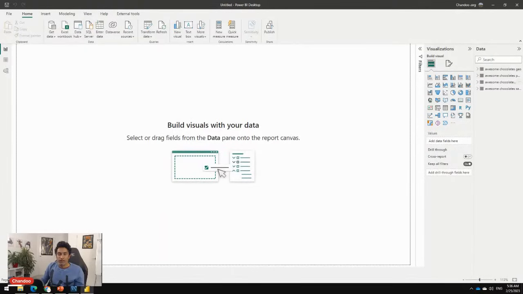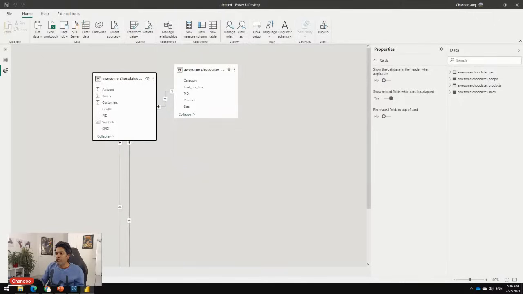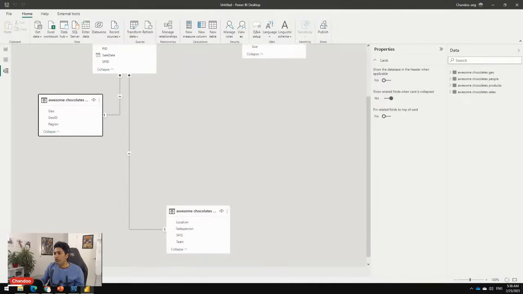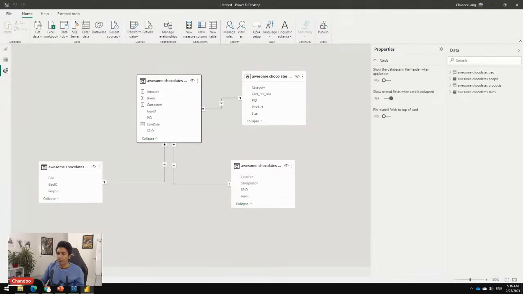All right, my tables are all loaded. They all show up here in the corner. And if I go to the model view, Power BI has done a fairly decent job of even connecting the tables and building my star schema. So it has done all these 4 tables are related. It has identified that, it has connected them nicely. Everything works